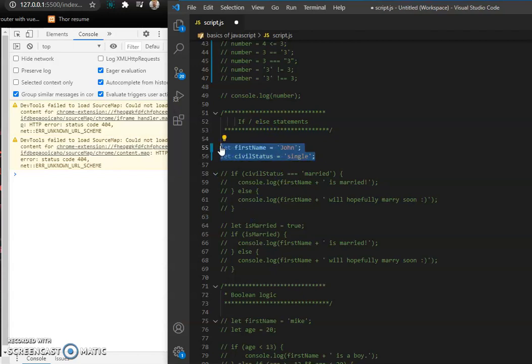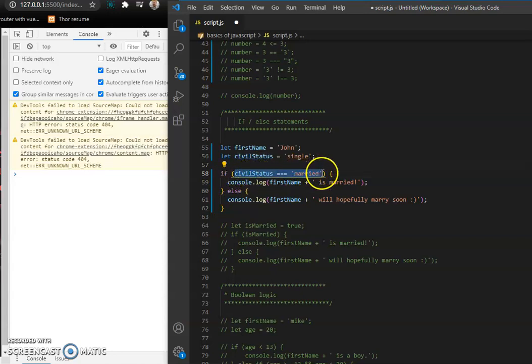Let's say here we have two variables: first name is John and civil status is single. Now this is the syntax of if else. You put if, you need round brackets, and inside them you put the conditional statement. If the statement inside the round brackets is true, it will fire